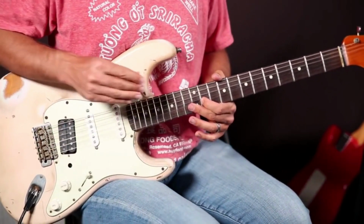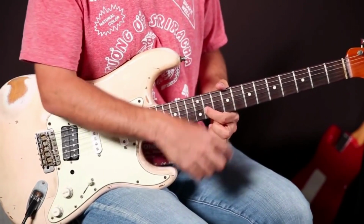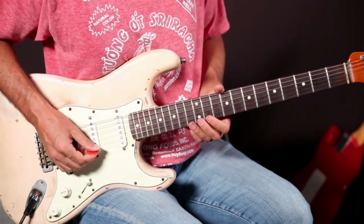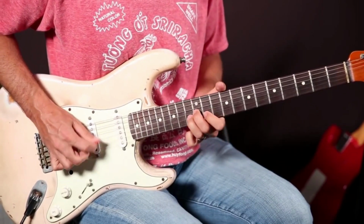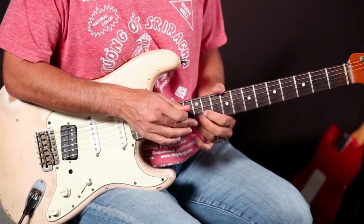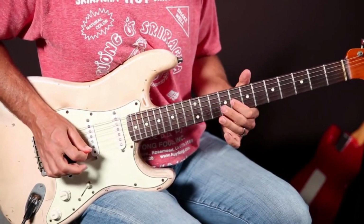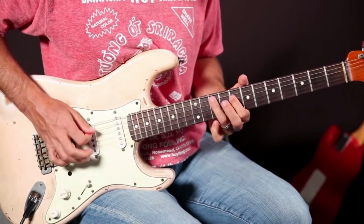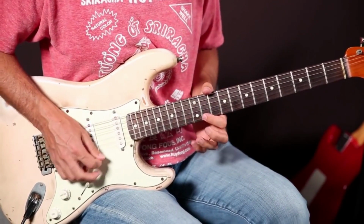Okay, now to get into position 1, that would be position 2 of minor pentatonic with that major third thrown in there. Now what I'm going to do is shift it to position 1, and I'm going to use this G and go right back into that home base, right? So we got...